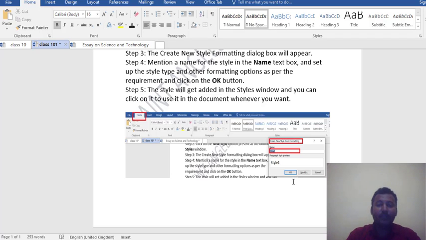Okay, first we go to the ribbon and in this we click on the home tab. After that we go to the style group and click on that arrow option. Then a dialog box will appear here.